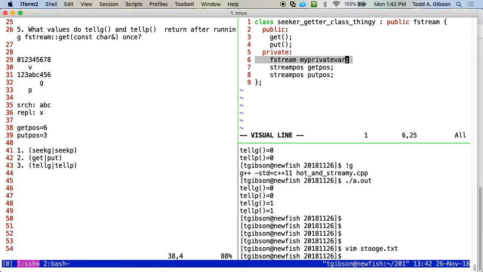The disadvantage to doing it this way is at this moment in time, all I need to do is basically put wrappers around the get and put. And if I go with this version here, I create two different versions of the functions I need to manipulate, and then the other 99% of the fstream class I can go ahead and use as is. The minute I decide to go with this way of doing it, making it a private variable, now if there's anything in the fstream class that I want to use, I'm going to have to create a public version of it here.